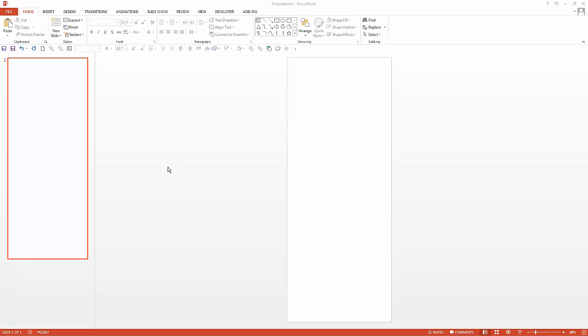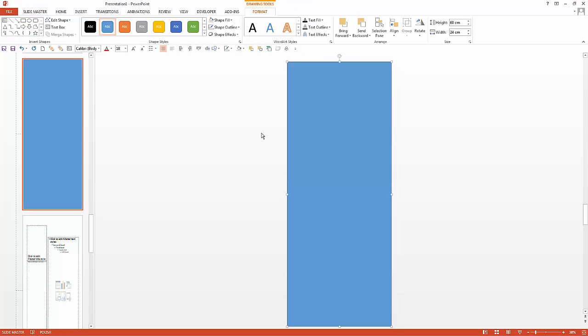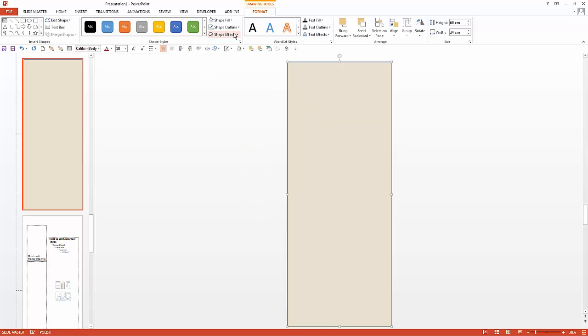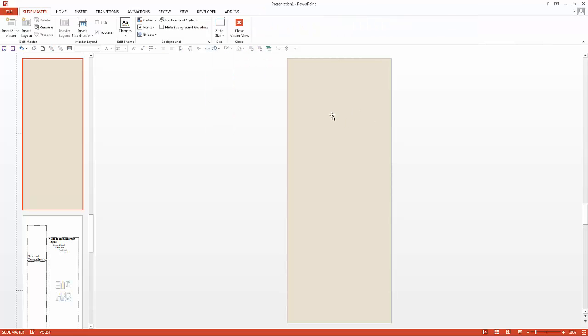Okay, now it's time for a background. We'll configure a background in master slide view because this will help us not to drag the background by accident. So I will put a custom color as a background. This is something I prepared before. I spent a while to find this sandy color. You can use the same, or you can select something else, and then no outline. So that's the color,